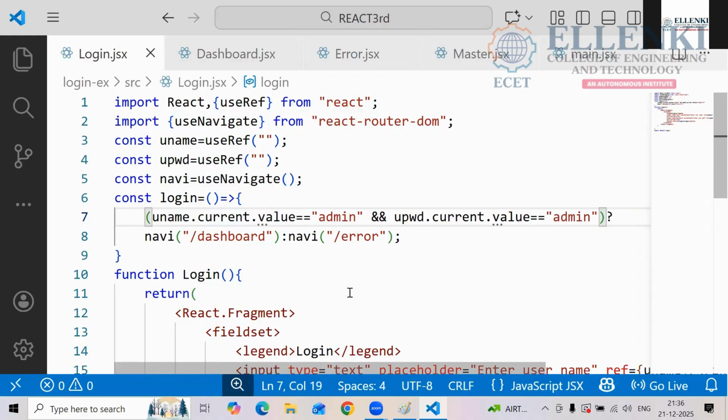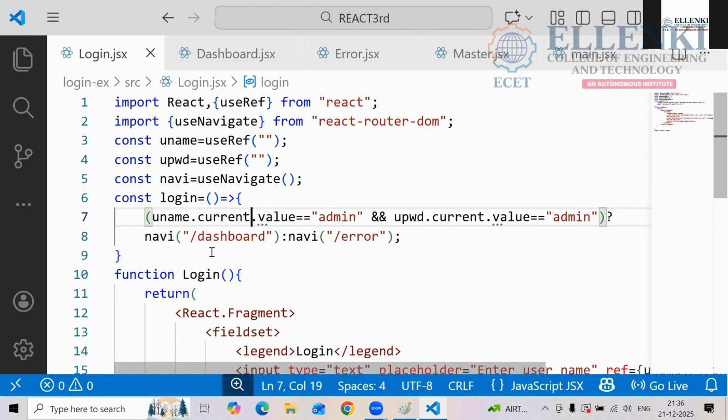Where, ma? Dot slash board, that only, no. Navigate. Dot dashboard you are saying.